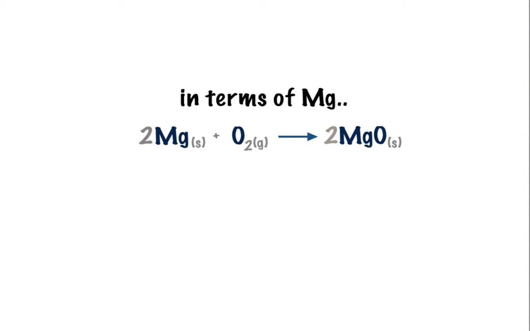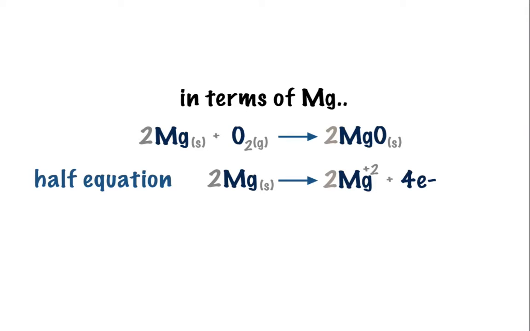Okay, so what we're going to do is split up this chemical reaction into what's called half reactions. We're going to first take a look at this chemical equation in terms of magnesium. What exactly is happening to magnesium in this equation? Okay, so the half reaction shows us magnesium, and then some reaction occurs, and in that reaction magnesium loses electrons. Now you'll notice on the far right here I have 4 electrons, where I said before that magnesium actually only loses 2. Well, if you look at the coefficient here, you have a coefficient of 2, which means